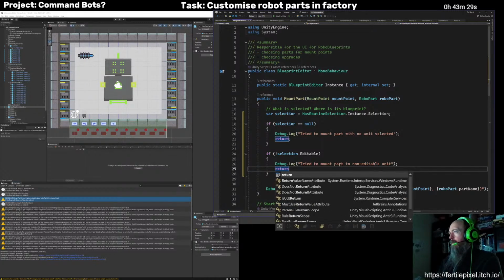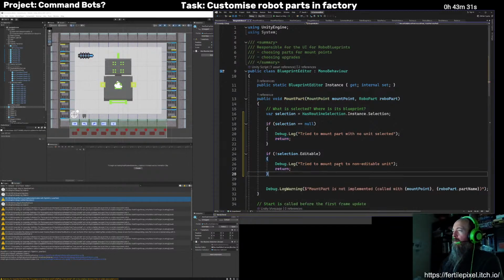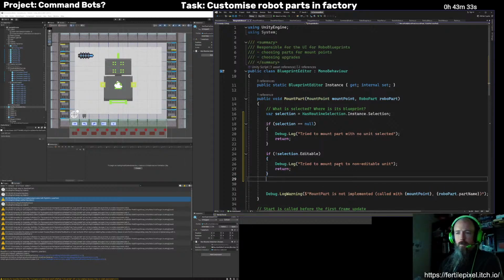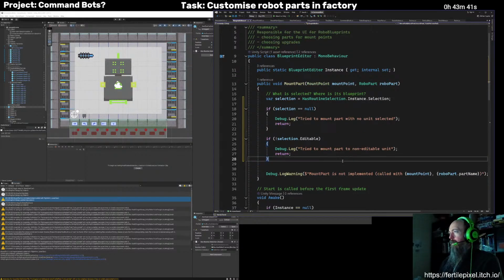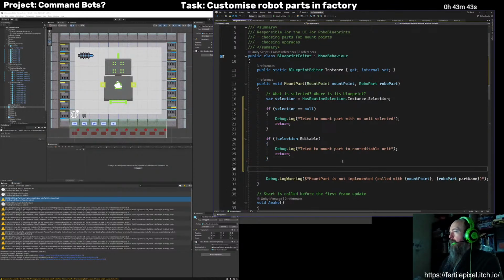And return. Alrighty. I need to get some sound effects into this game too. But I think it's going to be better to get the bots actually being proper bots.